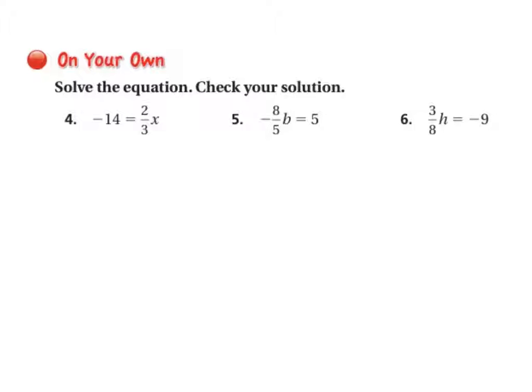Number four, we are going to undo the multiplication here, which means we are going to divide by 2/3. So when we divide by 2/3, we are going to multiply by the reciprocal. So that means we are going to multiply by 3